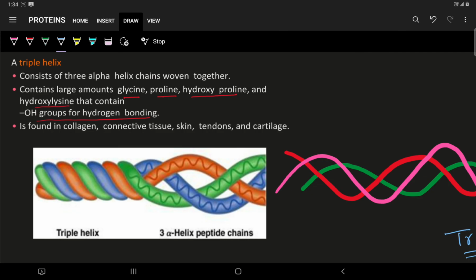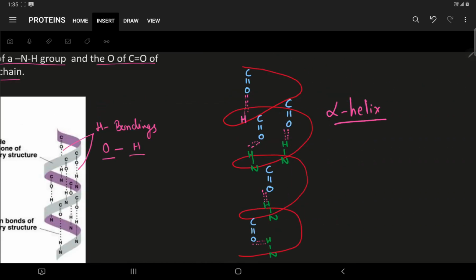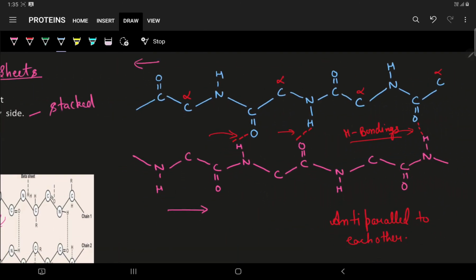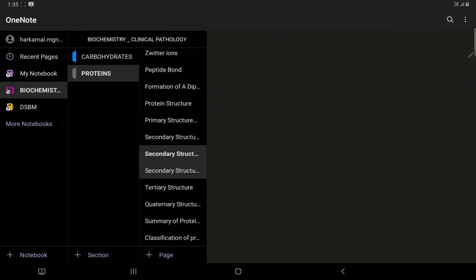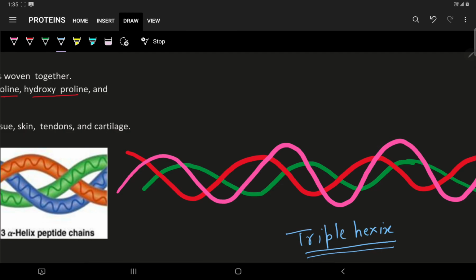So students, this was all about the secondary structure of protein. I hope it's clear to you now regarding the alpha helical structure in the secondary part, which contains the hydrogen bonding in the same polypeptide chain. Then come the beta pleated sheets between two polypeptide chains stacked over each other, and then comes the triple helix structure for fibrous proteins such as collagen. So this was all about the secondary structure of proteins. Draw them, revise them so that you can learn the next part of the protein structure.